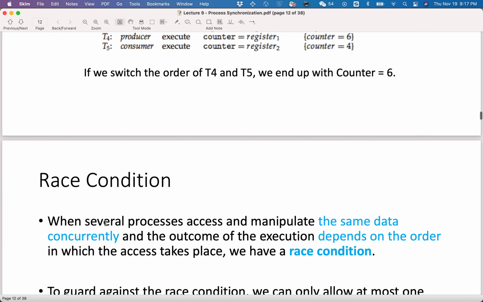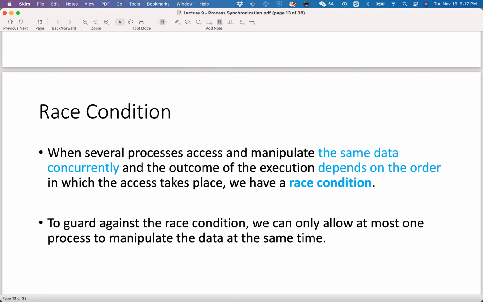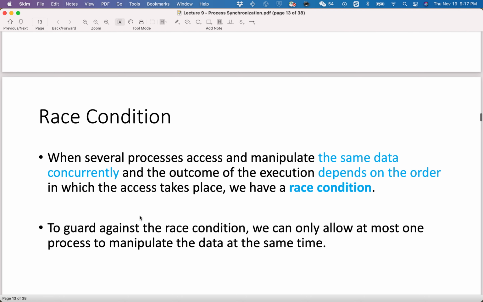Race condition means that when several processes are accessing and manipulating the same data concurrently, and the outcome of the execution depends on the order, then we say that we have a race condition. And this is pretty dangerous because